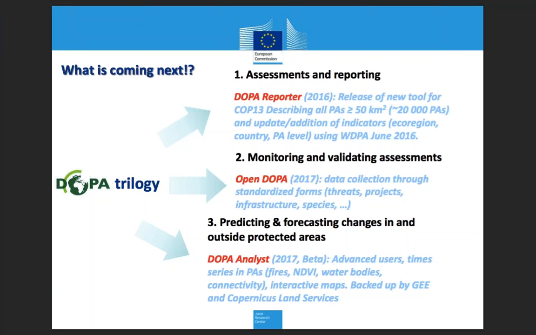to access all the information, or most of the information, available now in DOPA Explorer. DOPA Explorer, as you saw on the slides, is basically a web-based interface where you click on the map, you look at the sites, you look at the protected areas, you click on other tabs to find all the information. This is quite interactive, quite flexible, but for some users of DOPA, for example the CBD, it is much more interesting to have